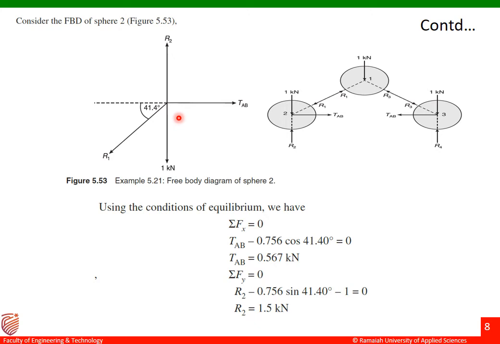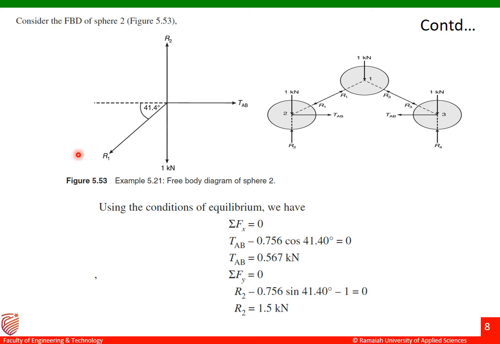Fine. Now we can apply what? Equilibrium equation. The reason for not applying Lami's theorem here is that in this free body diagram we have more than 3 forces. So in that case we cannot apply Lami's theorem. So we are going to apply the equation of equilibrium. The first equation of equilibrium is summation Fx equal to 0. What we have to identify is which are the forces along the horizontal direction, the x components. That is we have TAB and then we have R1 here.